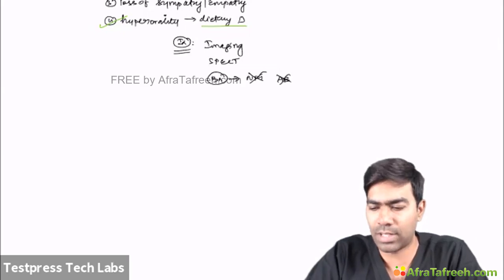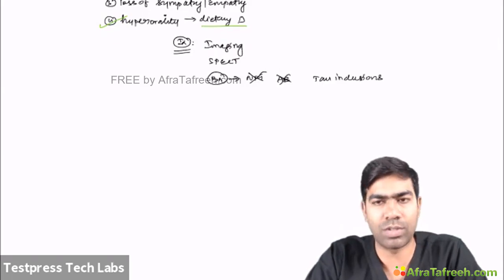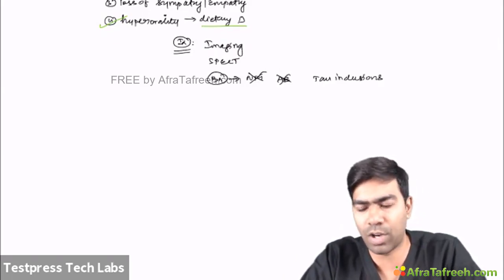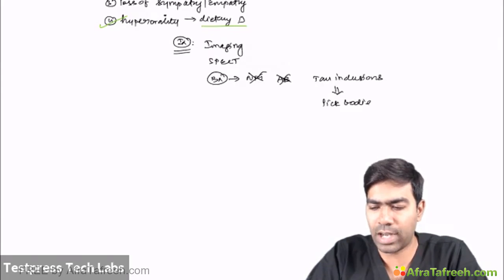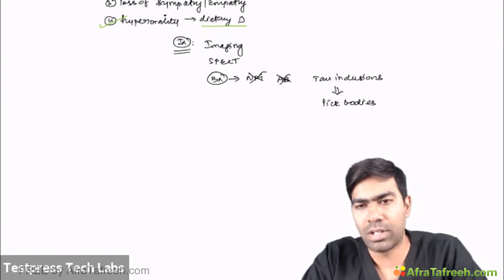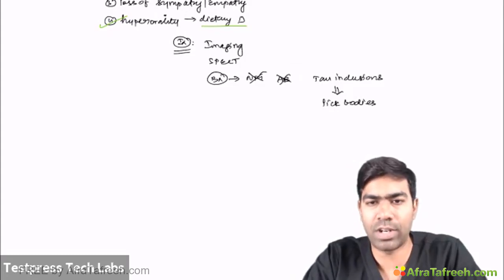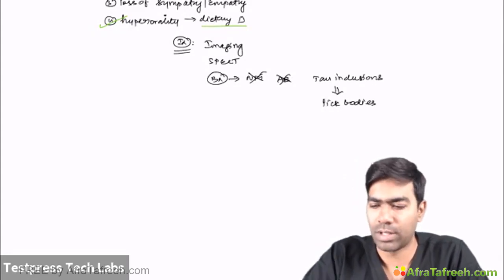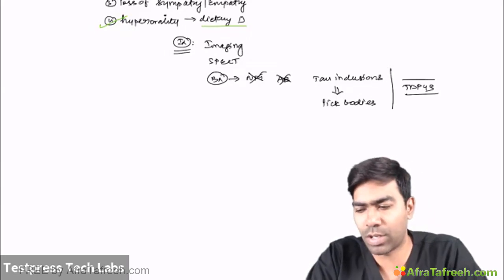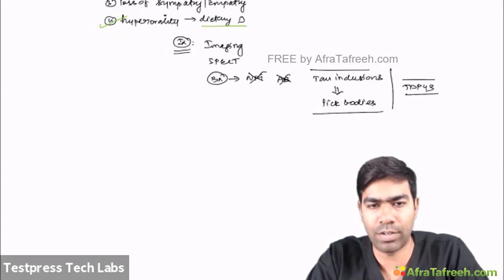But on the other hand, you might see some tau inclusions. Remember, these are not hyperphosphorylated tau proteins, so they should not be called NFTs, and the morphology will not be similar to that of NFTs. These tau inclusions that you see here are referred to as Pick bodies, because they don't look like NFTs, and at the same time, they're not due to hyperphosphorylated tau proteins. So these are called by a separate name, Pick bodies. And you can also see inclusion bodies in the form of TDP43 inclusion bodies. These are the two inclusion bodies you generally see in frontotemporal neurocognitive disorder.